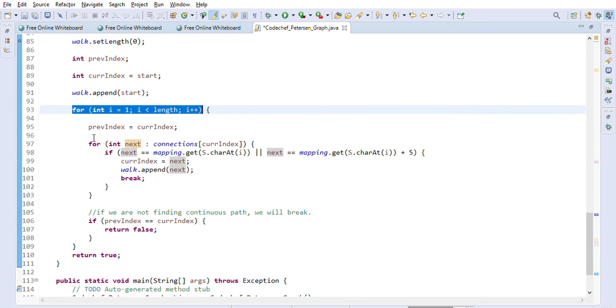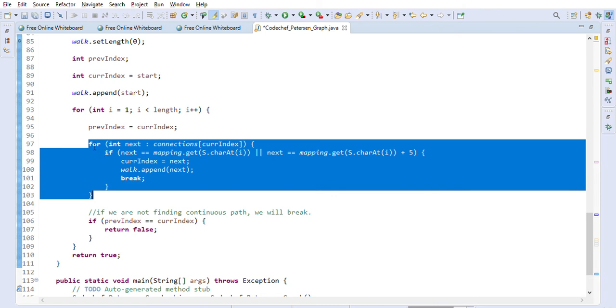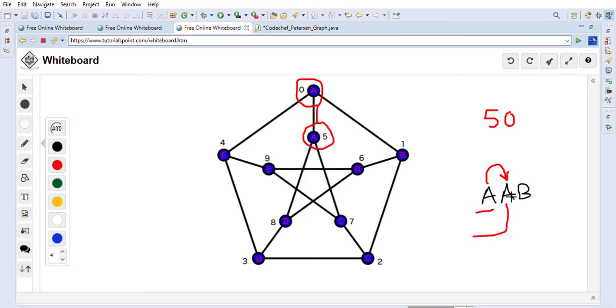In case we went through all the children and don't find a child which matches this next character,